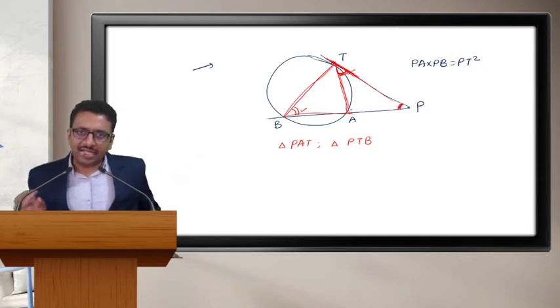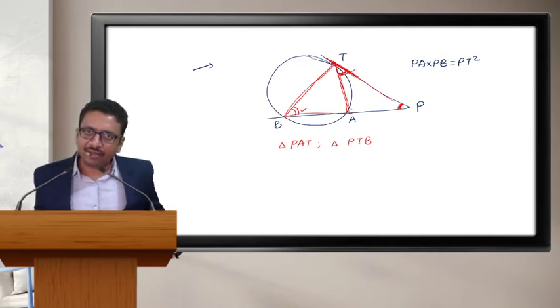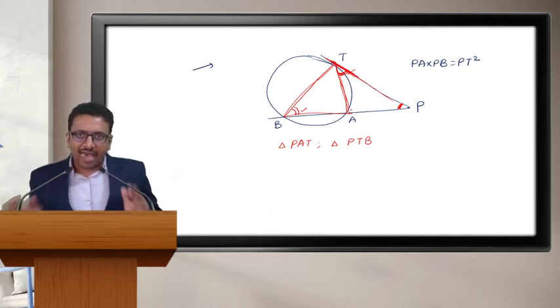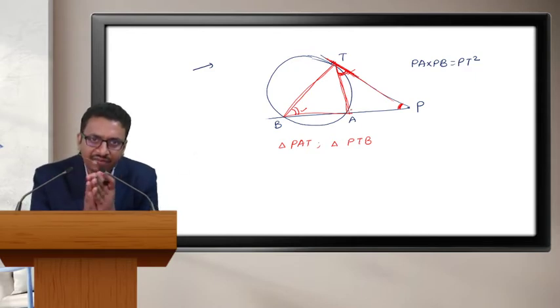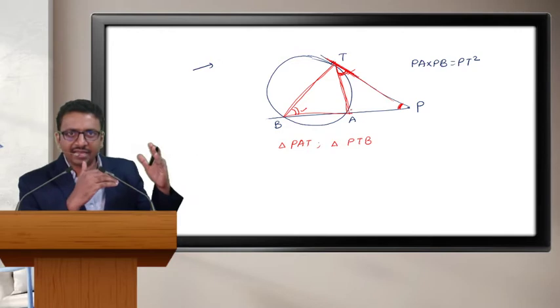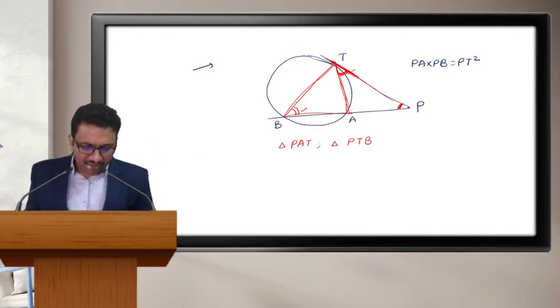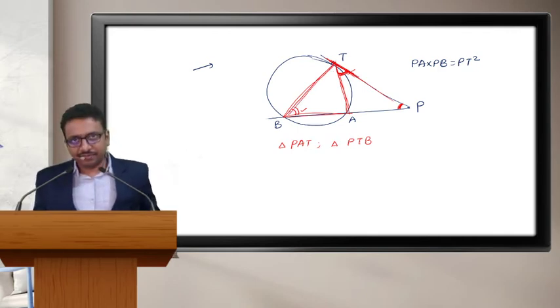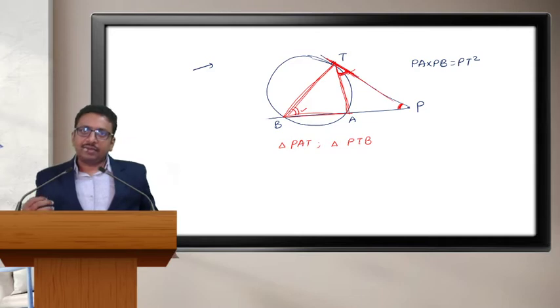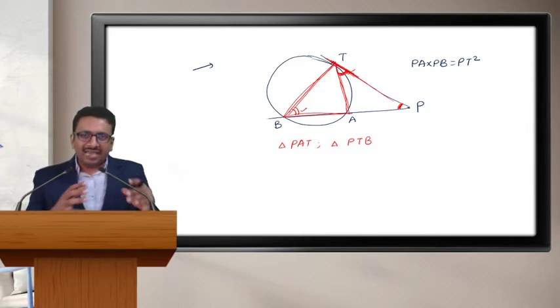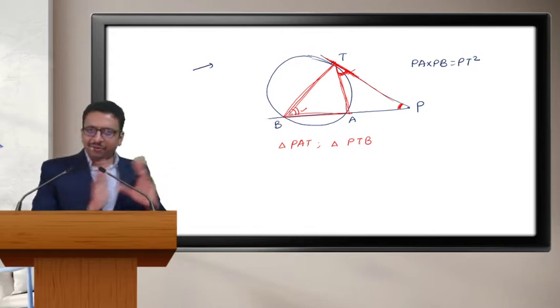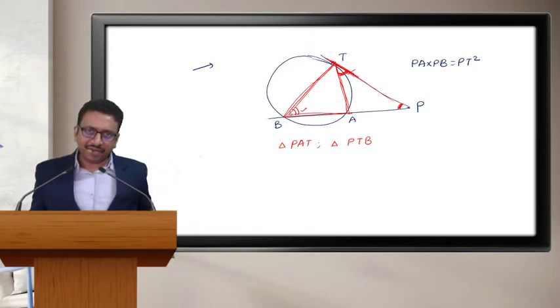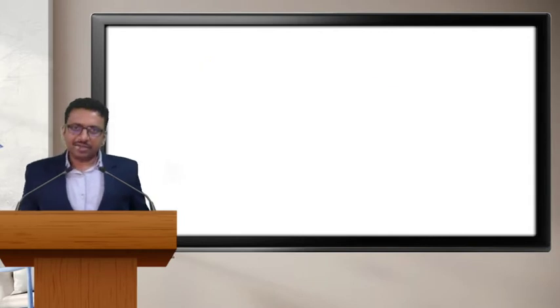For now, let us assume that this theorem is known. Okay? What is the theorem that we are going to see? Angle between a tangent and a chord is equal to the angle in the alternate segment. Okay? Segment means chord and arc. Yes, that actually works. Let us first prove the theorem and come back here. Yes, sir, that is better. Yes, sir. So let us go to that theorem.